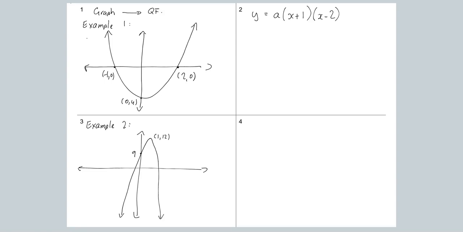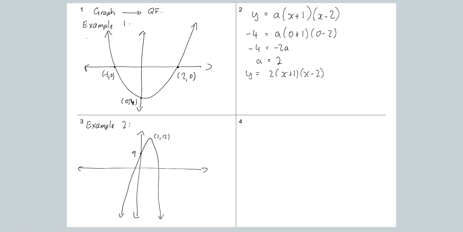So I substitute in the other point I know, which in this instance is the y-intercept. It doesn't have to be the y-intercept, but it is. So I substitute -4 for y, and I substitute 0 for x. It's -4, I should say. I'll put a negative there, so that's nice and clear. And away we go. So -4 is equal to 1 multiplied by -2, which is -2. So I've got -2a, and then I divide both sides by -2 to get a is equal to 2. And so y is equal to 2 outside of x plus 1